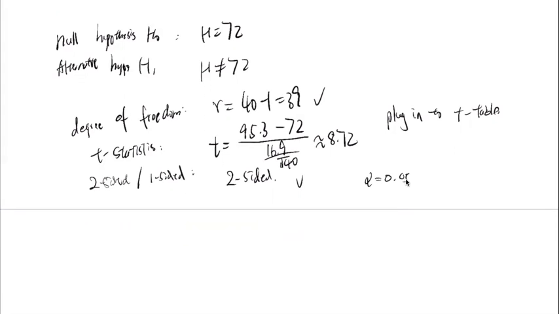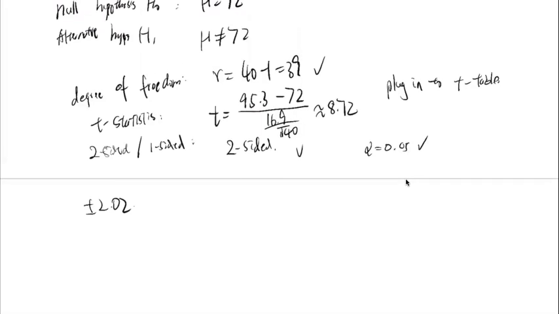That's what the question specifies. So we plug all three pieces of information into the t-table, and we get that the two-tailed critical values are plus or minus 2.02. That's the result from the table, which means that in order to reject the null hypothesis,